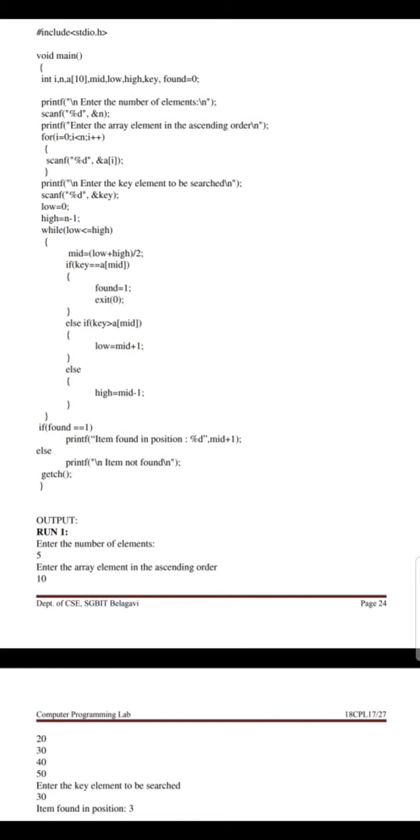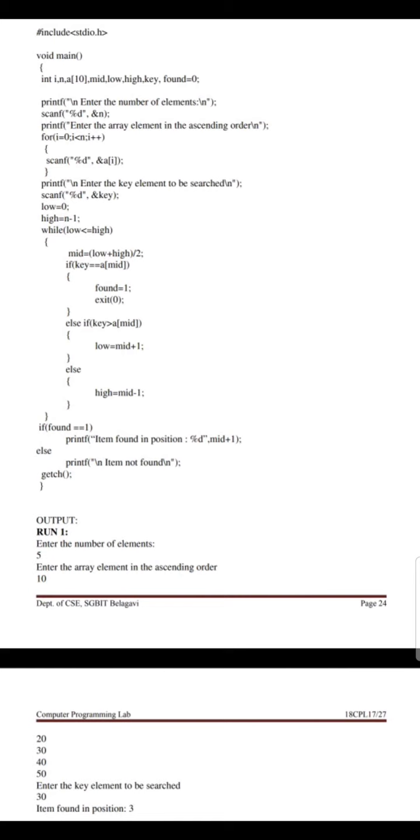So next what should you do? You should come out of the loop and move back to the while condition. So what is the low value right now? It is 5. 5 is less than or equal to high. What is the current updated high value?